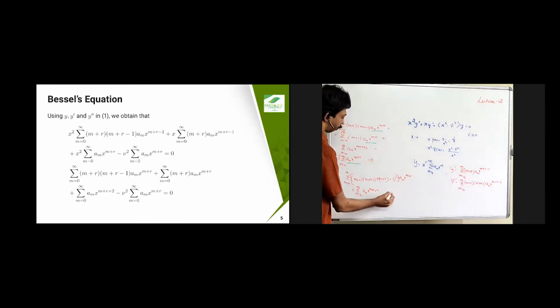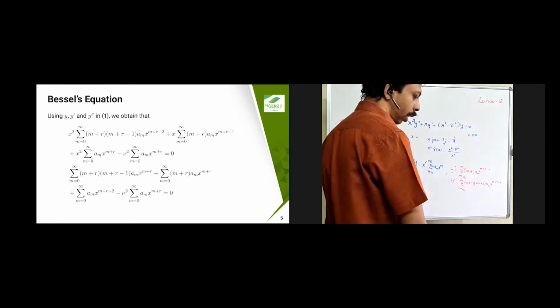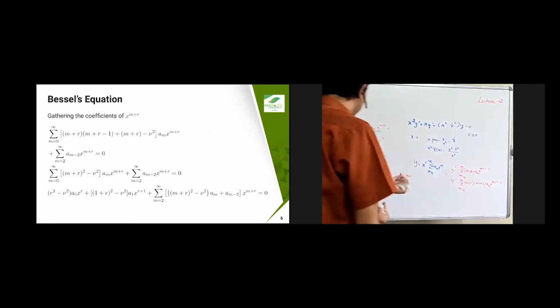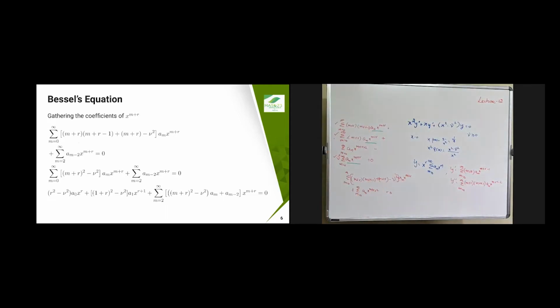Equal to 0. I'm going to adjust this one a little bit so that I get everything as x power m plus r. Let us see what the adjustment is. If I take m plus r common in both of these terms, then I get (m plus r) times (m plus r minus 1 plus 1), so the 1 gets cancelled. I'm going to write summation m equal to 0 to infinity of ((m plus r) whole square minus nu square) into a_m into x power m plus r,